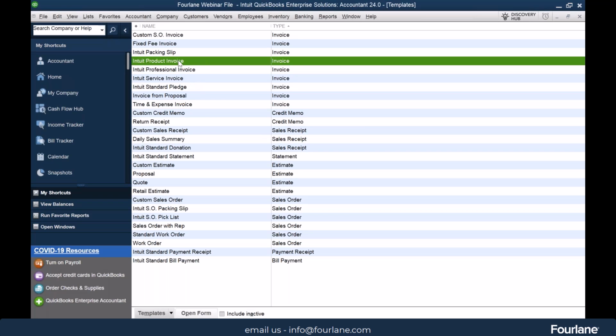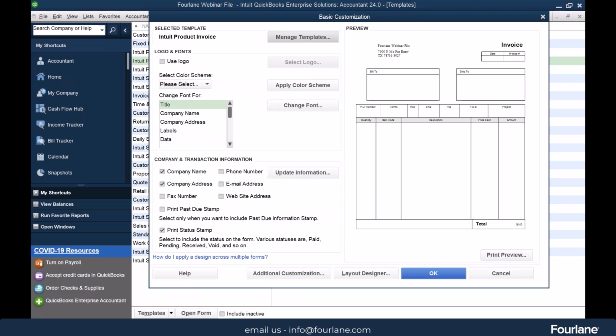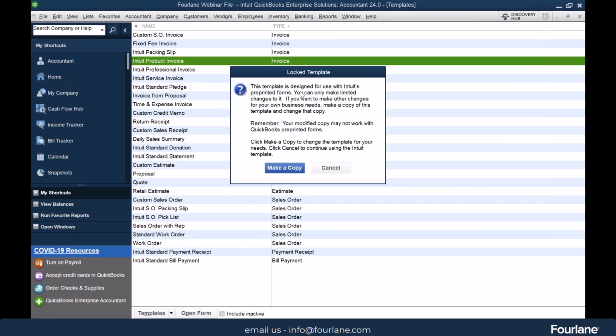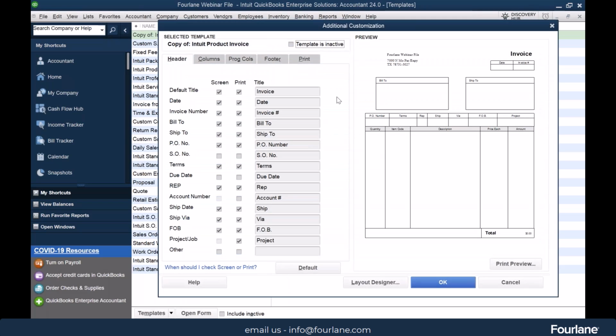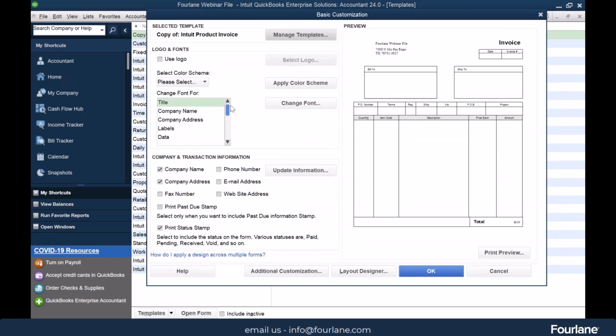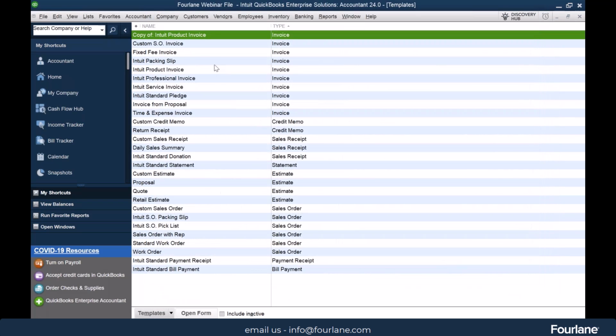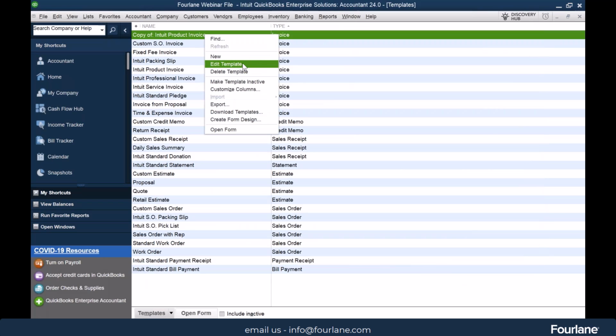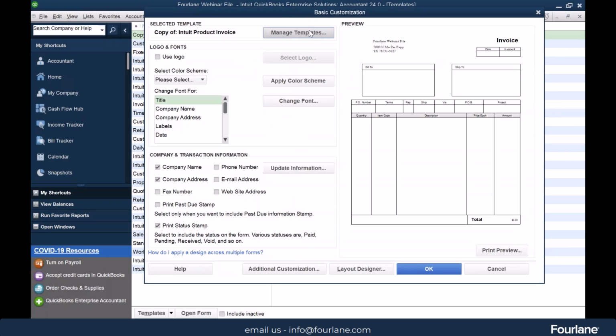So if I take a look at this Intuit product invoice here, as soon as I start doing any sort of additional customization on it, because that's one of the Intuit default templates, it's going to force me to make a copy of it. And then it's going to be called, let me just go back here, copy of Intuit product invoice. So if I wanted to make it super clear to everybody that that's the one I wanted them to use,